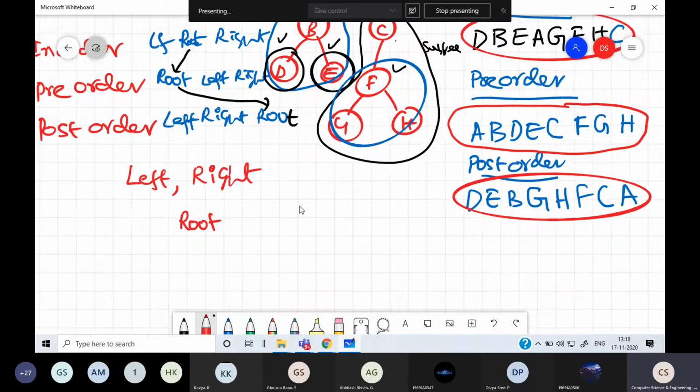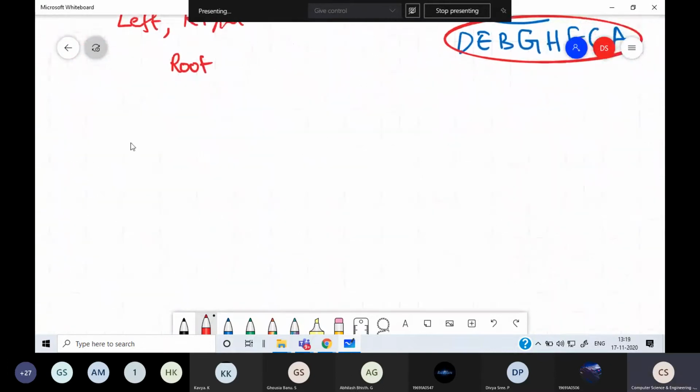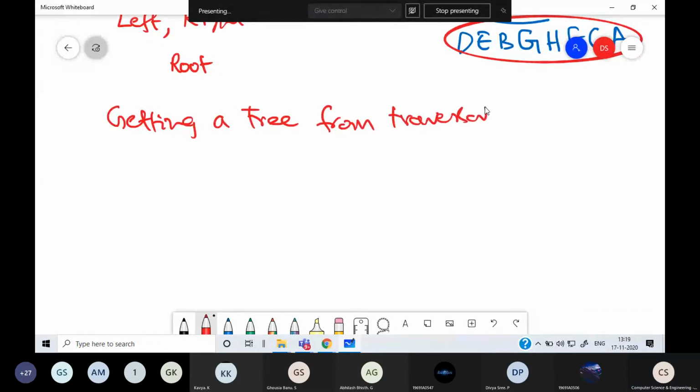So next what we'll do is getting a tree from traversals of nodes. For that, it is compulsory to have the in-order traversal. In-order traversal is a must.